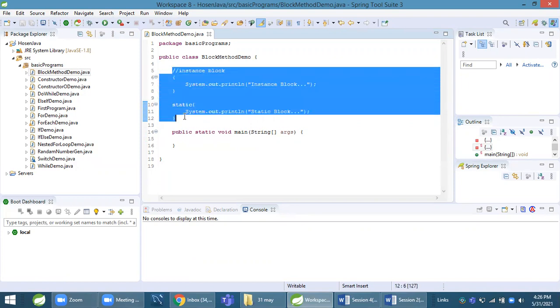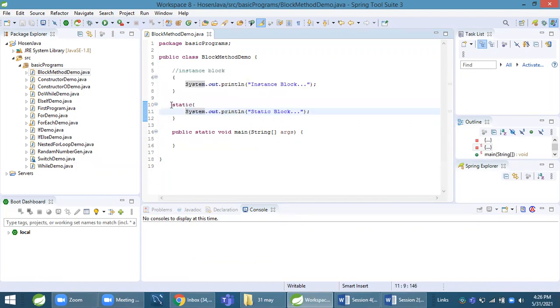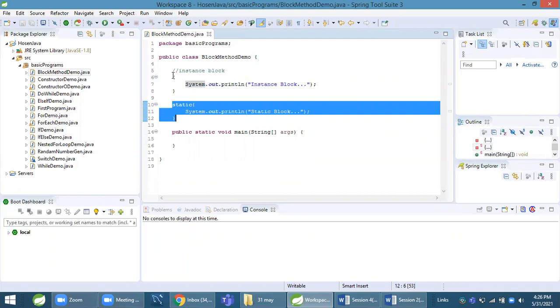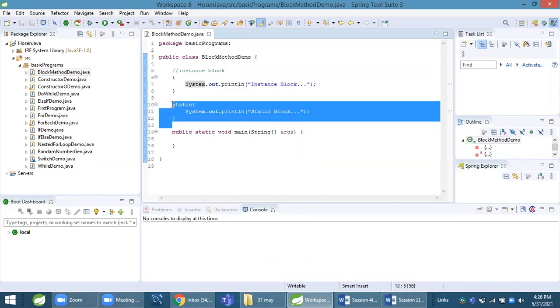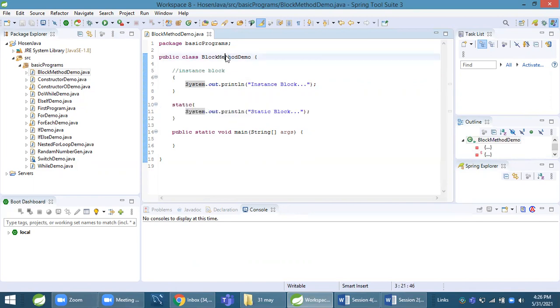Difference between these two is, first static block will be executed, then instance block will be executed. This is first difference. Second difference is, this static block will be executed only once at the time of first object creation. It means when I create object of this class, let's say